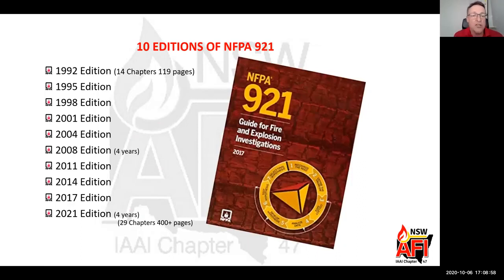So looking over the history of NFPA 921, it's now the 10th edition. 10 times it's been revised since 1992. And you can see that in 1992, it had 14 chapters and 119 pages, a pretty small document. And over the years, it has